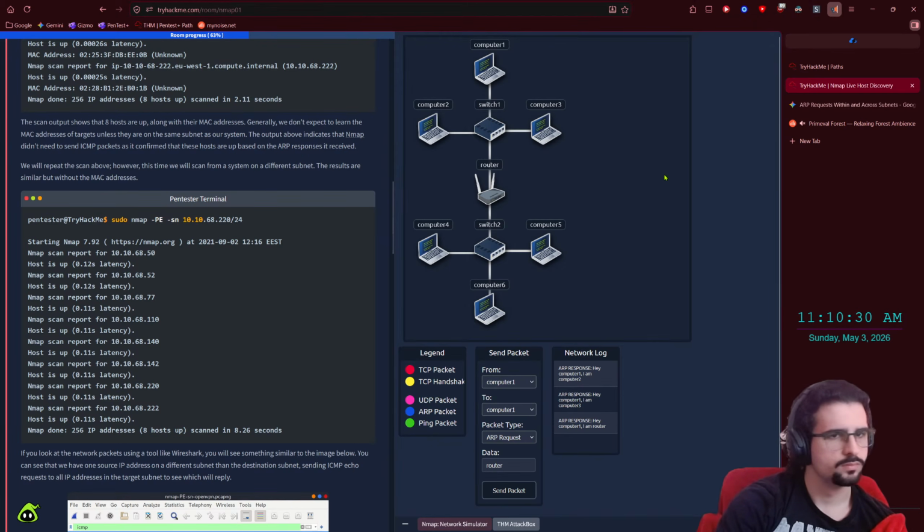We will repeat the scan above, however, this time we will scan from a system on a different subnet. The results are similar, but without the MAC addresses. Pentester terminal: pentester@tryhackme$ sudo nmap